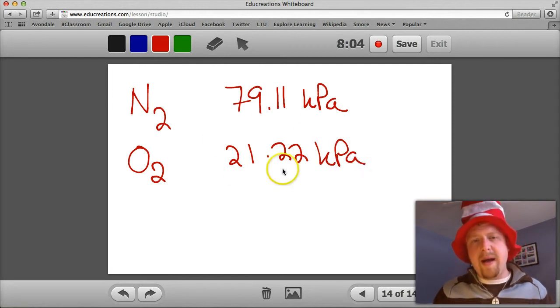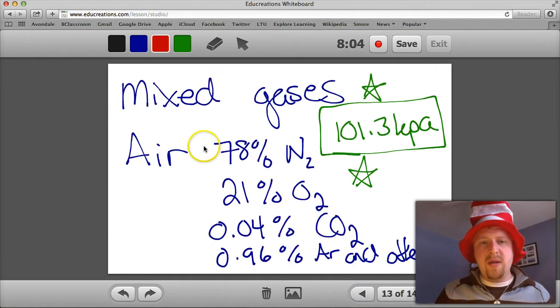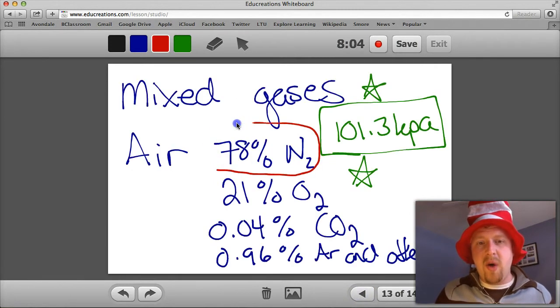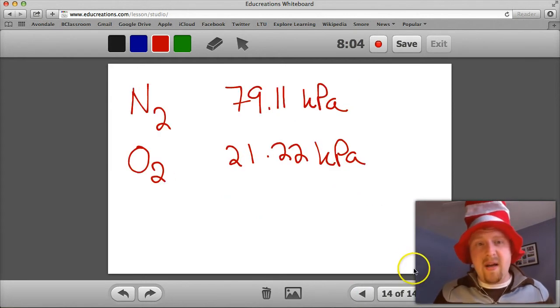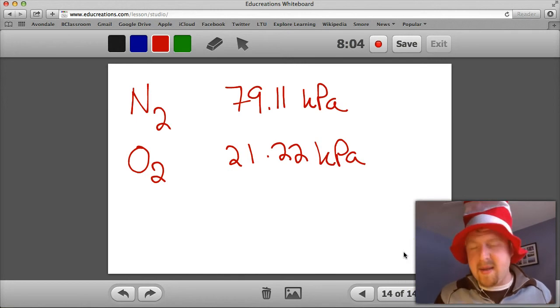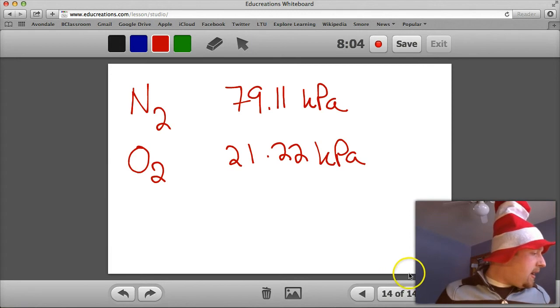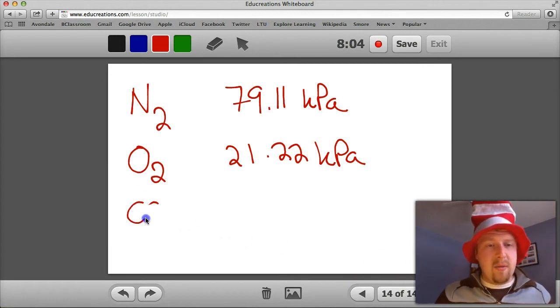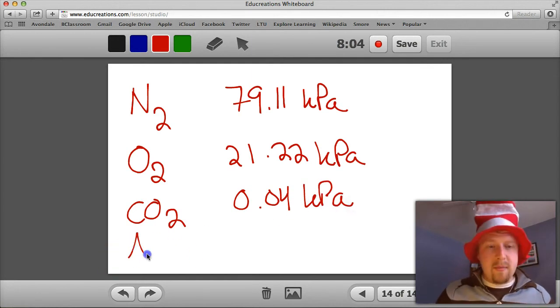Notice that their pressures are very similar to their percent of the total. So 78% of air is nitrogen, almost 78 kilopascals is its contributed pressure. They're very similar. Carbon dioxide, so CO2, contributes 0.04 kPa, and argon and others contribute